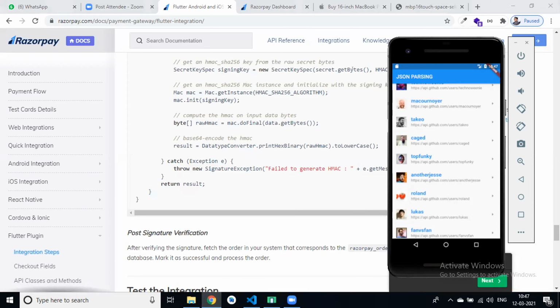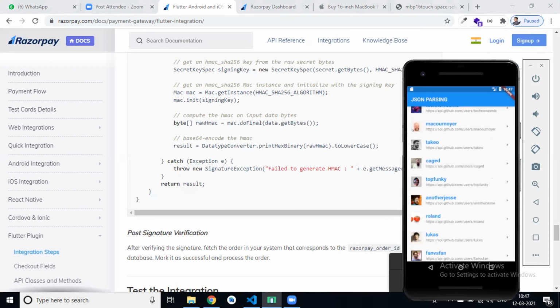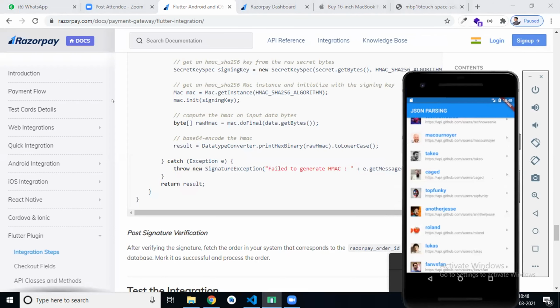You can give your personal email ID, no problem. In real time, the company will give this key ID. So create a Razorpay account with your own email ID. Is everything clear?